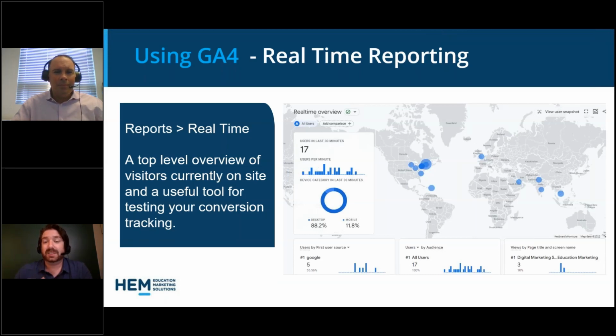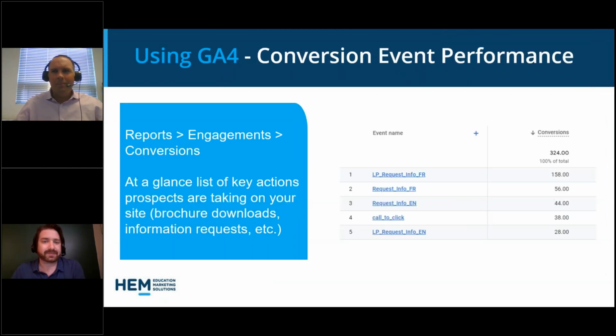You can also use this to troubleshoot to see if your conversion events are firing. So maybe you can have a colleague in a different browser go on, test the form that you just set up, and on this page, if it's working correctly, you'll actually see that event take place, moving down the little timeline here. It's a really good way to make sure things are set up and working, because sometimes with GA4, it's not always clear if you set something up properly. You might notice maybe a week later that there have been no leads coming in according to this, but you have a whole bunch in your CRM. So this is really the best way of checking right off the bat to make sure things are indeed functioning.